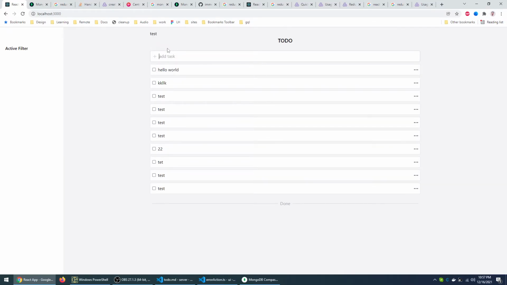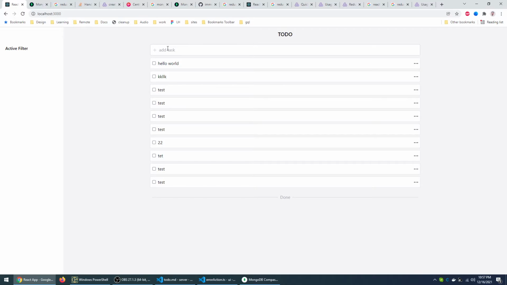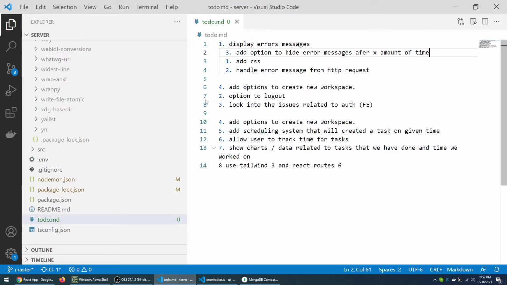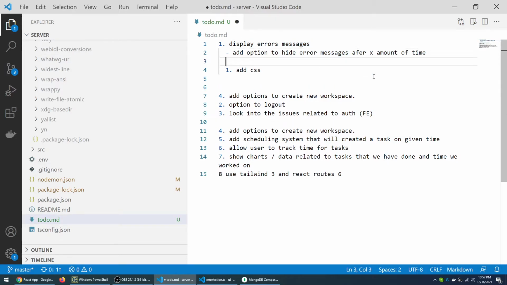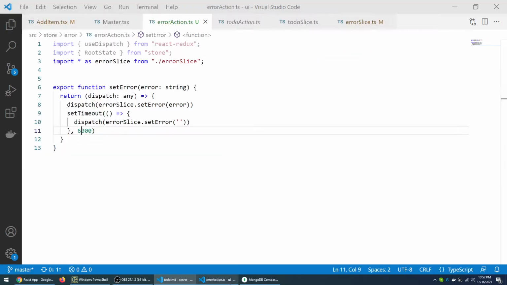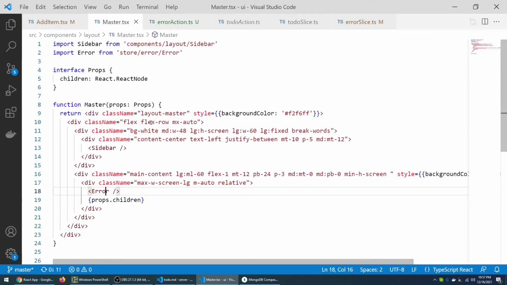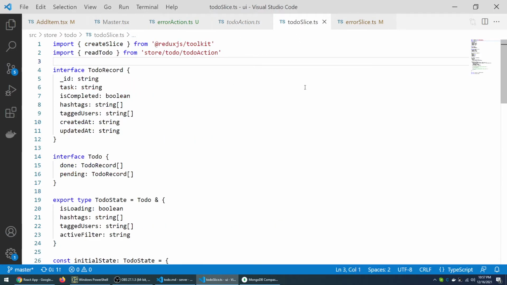Now we still haven't fixed a few issues. For example, we still have to handle the HTTP request issues, right? So that is still there, but overall I think we sort of nailed down two issues. One is this, and the second is displaying errors, and the next one will be handling the errors from the HTTP request. So this one will be here as well. We can actually just do it right now. Why not do it, right? Since we are at it,